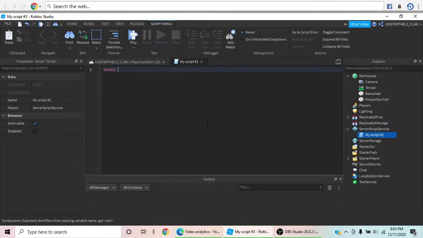I don't know if I told you guys about variables, but the way you set a variable is having local, then space, then what you want to name the variable. First of all, variables are just shorter ways of getting something. Like say you don't want to write game.workspace.properties part every time you want to get it. You could do local block equals